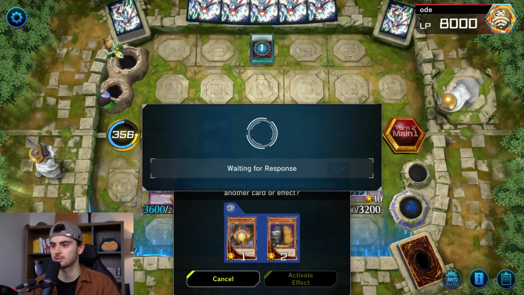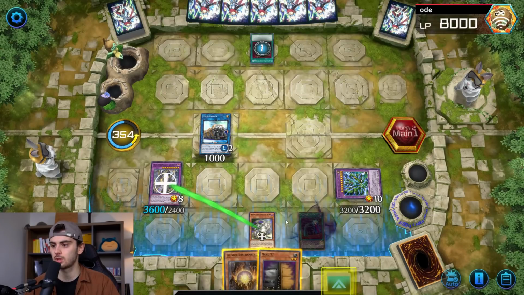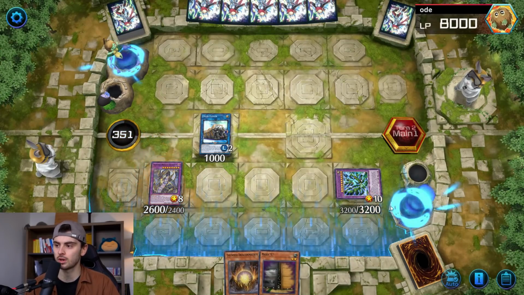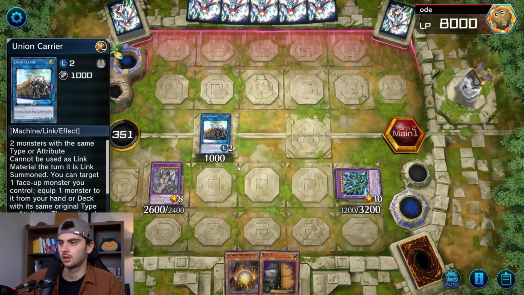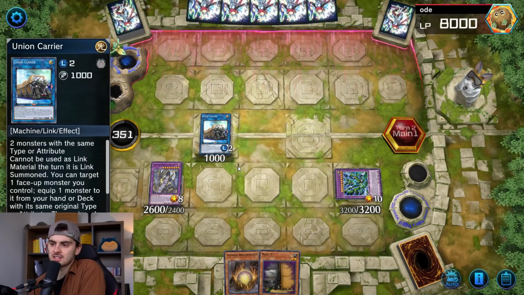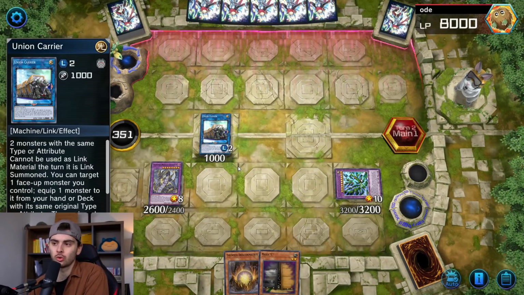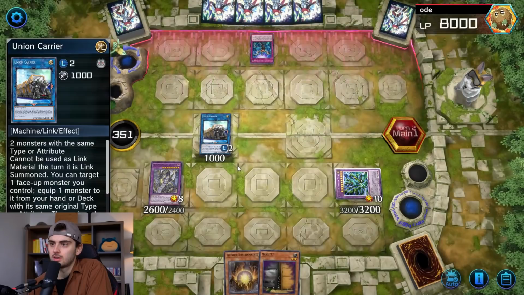Please don't disconnect. Please don't disconnect. Yes. Alright, nice. So they break the Buster Lock. They put out our Cold by the Grave. They put away our Cold by the Grave with Feather Duster. A lot of people main deck the Feather Duster still versus Eldritch. Probably not a bad choice. You can definitely do that. Even in the Thunder Dragon build, you could do it. I just feel like the combo decks are way more oppressive than